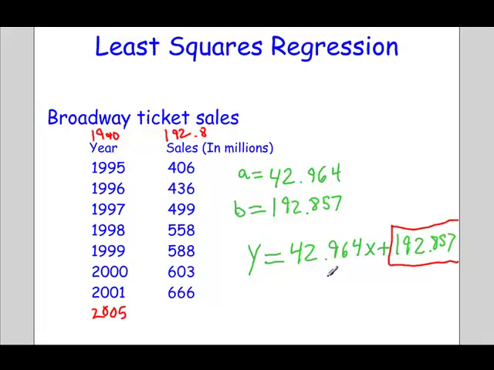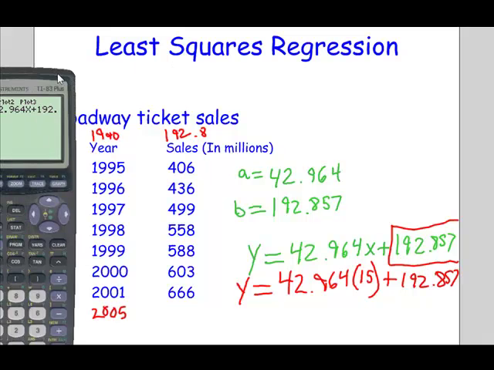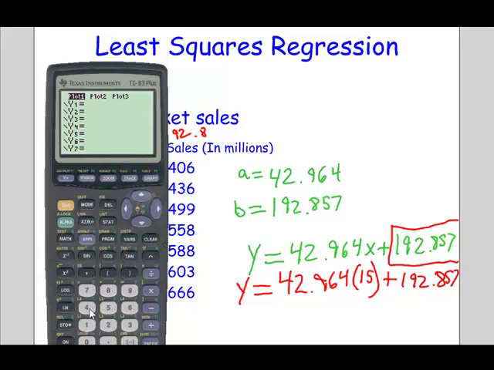We're going to plug in basically 15 for x. Right? So we're going to get 42.964 times 15 plus 192.857, and we're going to see that that is 42.9